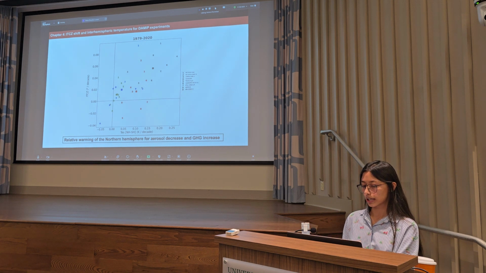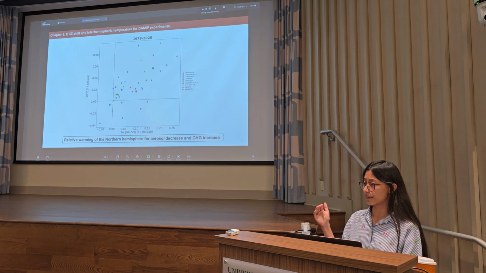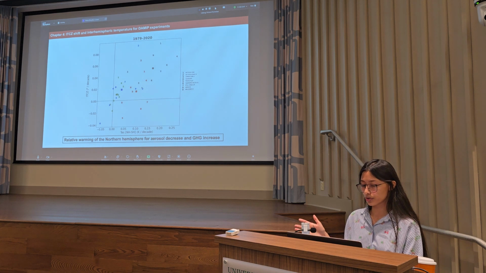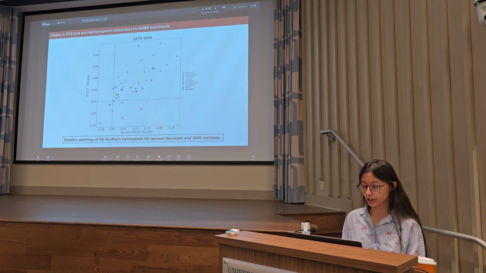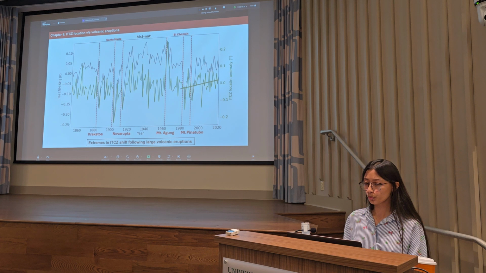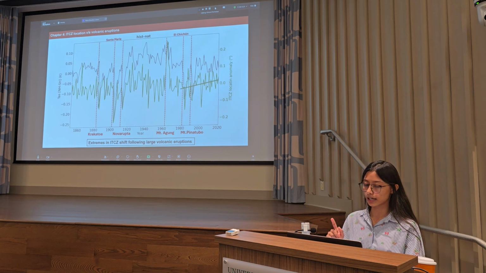But it's also interesting that even the natural-only forcing, represented by the green numbers here, also simulates some magnitude of ITCZ northward migration and a relative warming of the northern hemisphere, which is very interesting because it has contributed to some magnitude of this overall ITCZ migration. And to understand that, we look at the ITCZ migration represented by the green line for the historical natural forcing only experiment, and the interhemispheric temperature difference represented by the black line, again for the historical natural only experiment.